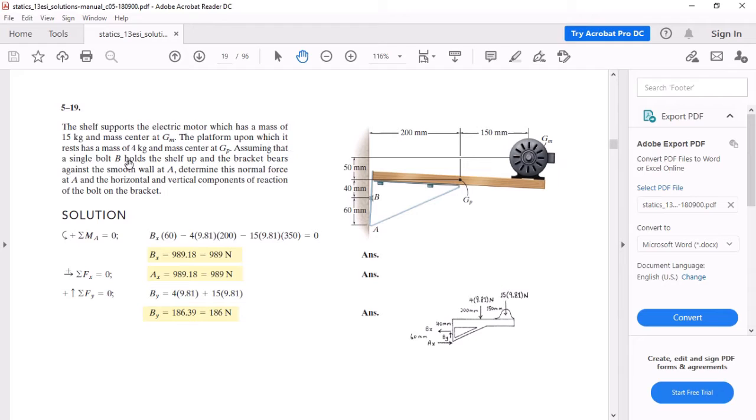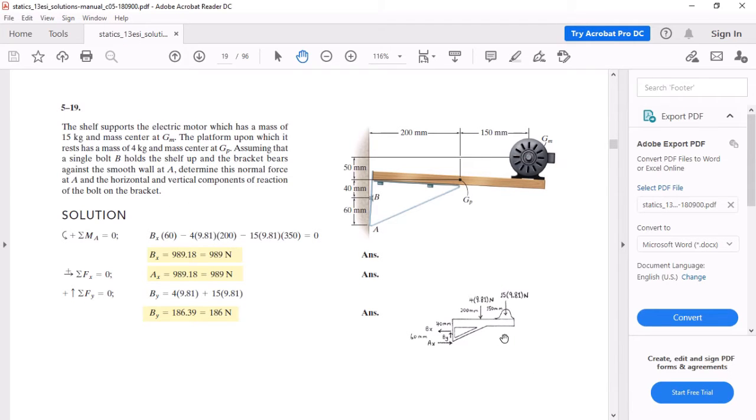The platform upon which it rests has a mass of 4 kilogram. This is the mass of the shelf, 4 kilogram. This is the center of the mass. Assuming that a single bolt B holds the shelf up and the bracket bears against the smooth wall at A. So في عنا هون اللي هو البولت at B، لكن البراكت هاي بترتكز على smooth wall. Determine this normal force at A and the horizontal and vertical components of the action of the bolt on the